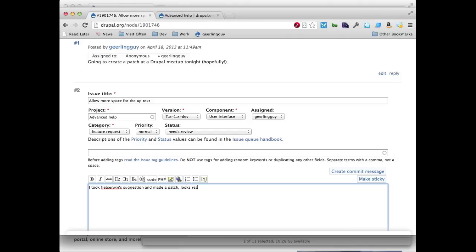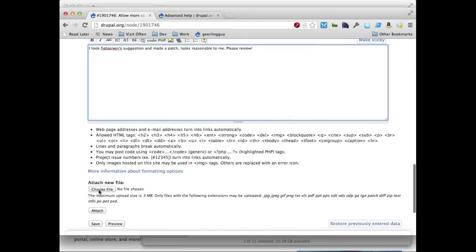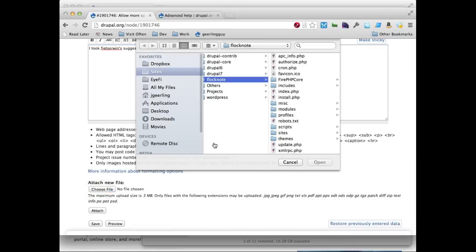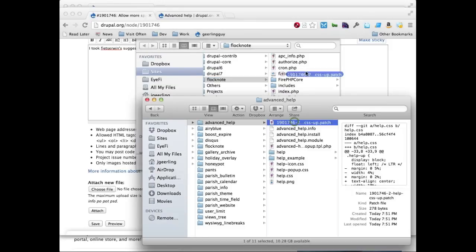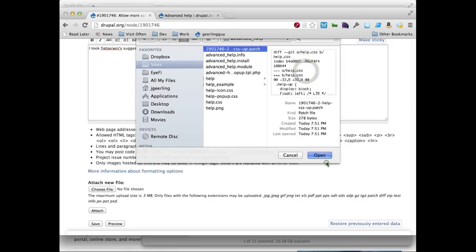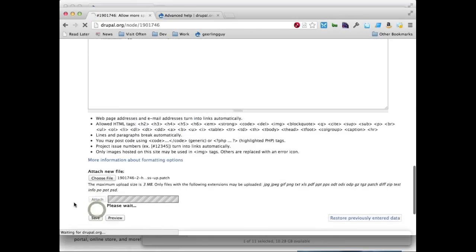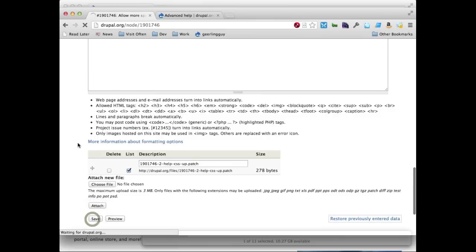Looks reasonable to me. Please review. So I'll just grab that file right here, attach it, save,